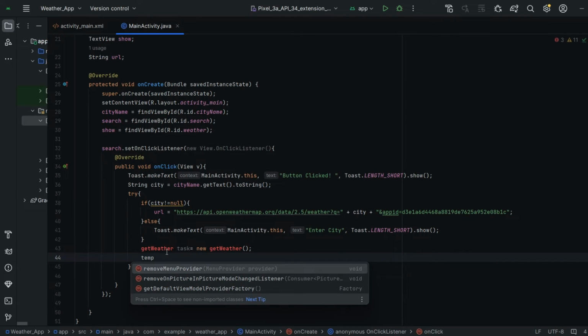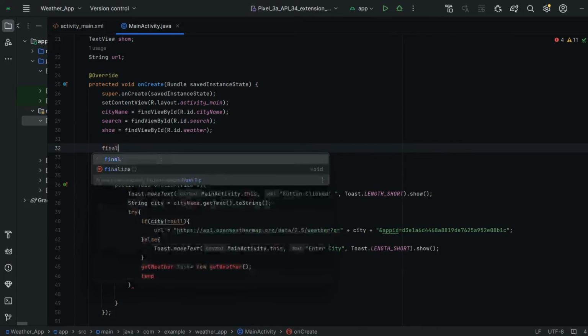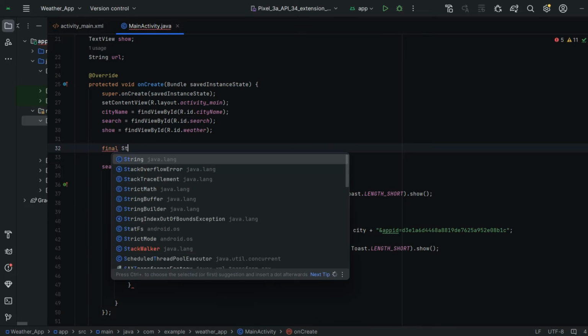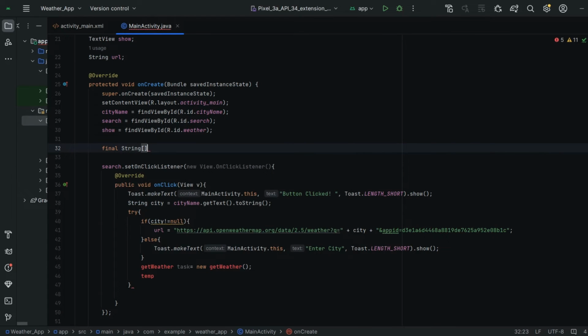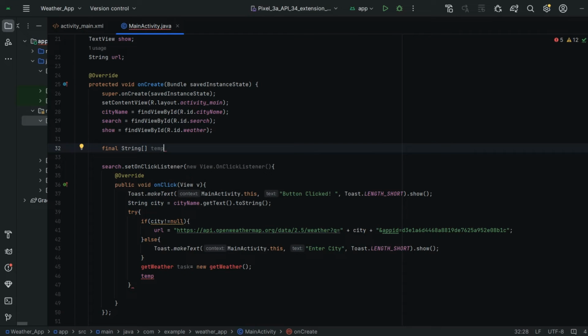Next I am going to create a variable here, guys. A final list of strings. Whatever the temperature, maximum temperature, pressure, humidity, I'm going to store all these things in this list of strings. I'm going to name it temp. Initially it is empty.